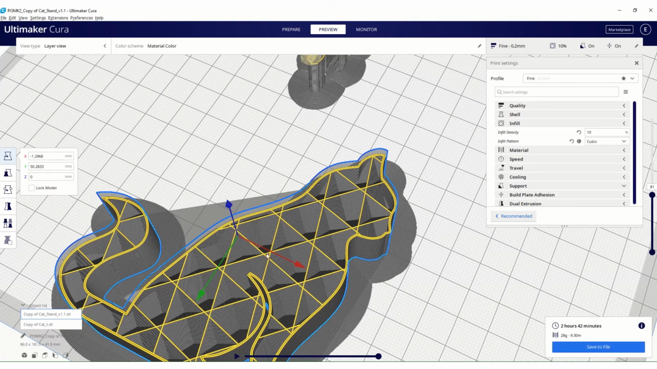There we go. So you can see that there's less, the spaces in between are bigger, and the pattern has changed. Okay, now let's move on to material. So if I open up material,